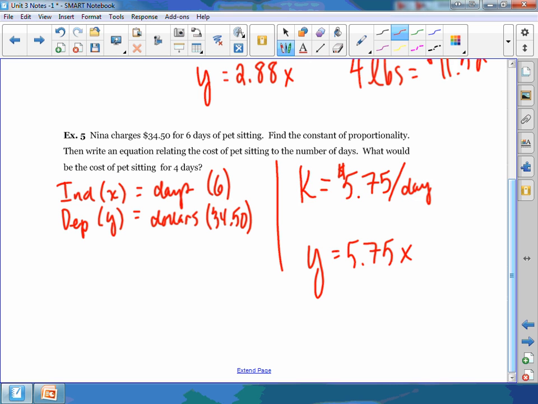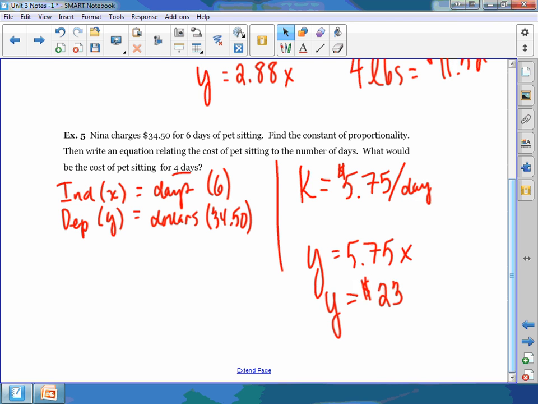In this case, it was 4 days. So how much money is owed? It's not a bad gig, I don't think. Quinn? 23? All right. That's it. Okay, so we just have to get to the point where we can recognize proportionality. Is it proportional? Is it not proportional? And then how in the world do we get this k value? Which we figured out, k is just your unit rate. And if you can find unit rate, you can find the constant of proportionality. That's a good place for us to stop today. All right, we'll pick up here tomorrow.